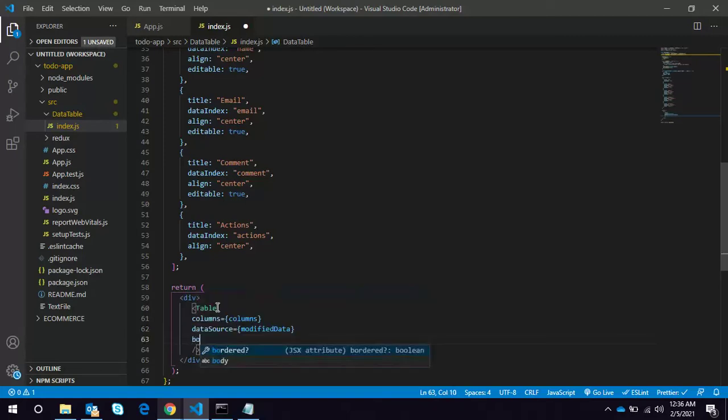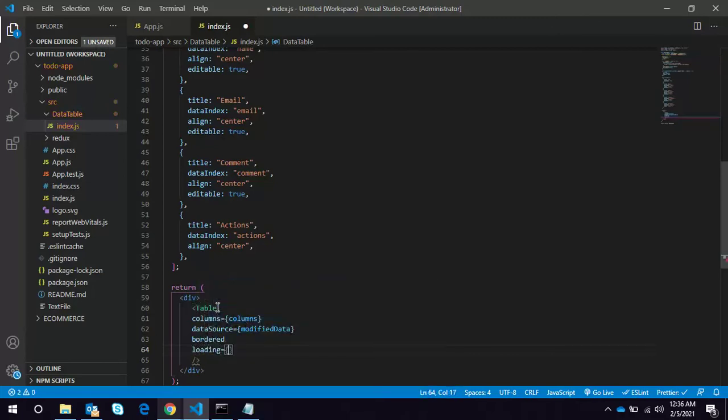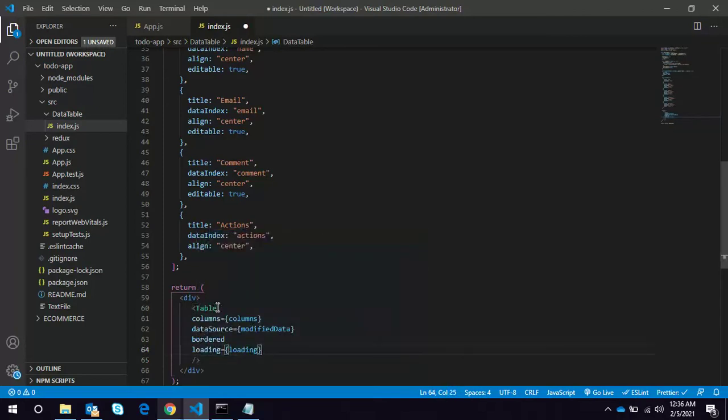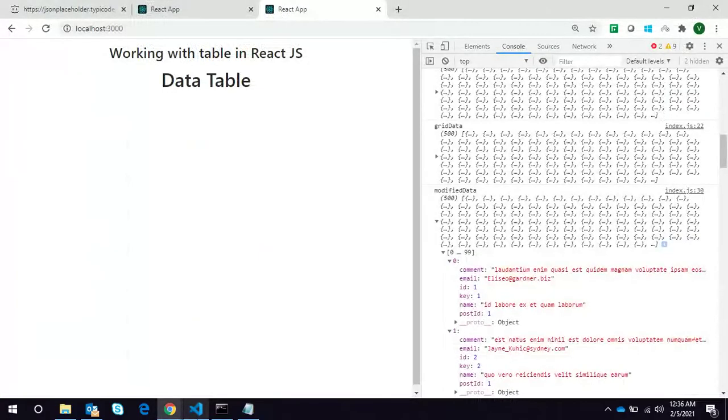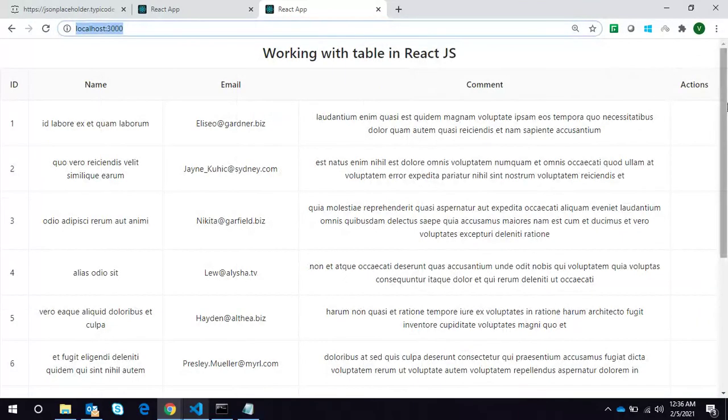And our table should have a border, so I will give border, and loading in order to see the loader, and you can give the pagination as well if required. I think by default it will come in the middle.